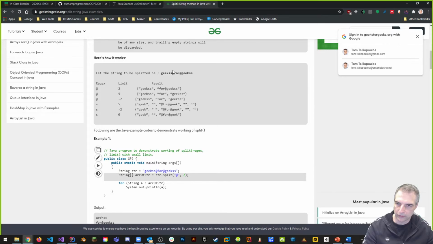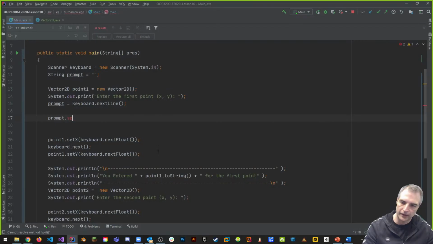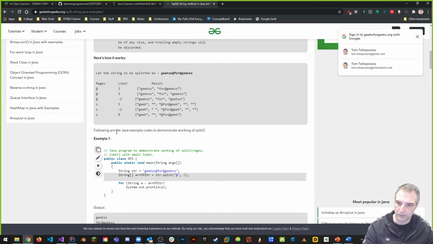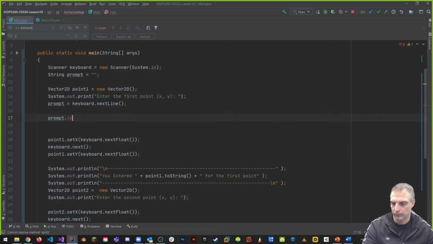So it says I want to search for this, right? The limit is only 1, and I want to split it up here, and I want to create a string array of objects. I could do that. So I could say, okay, cool. Let's make it a string. I get this thing, the whole thing, and then what I want to do is split, and I want to search for comma. That's the expression. So anything that has a comma in it, right? And I don't care about limits because I can have more and more commas. I don't care. And it's going to return an array